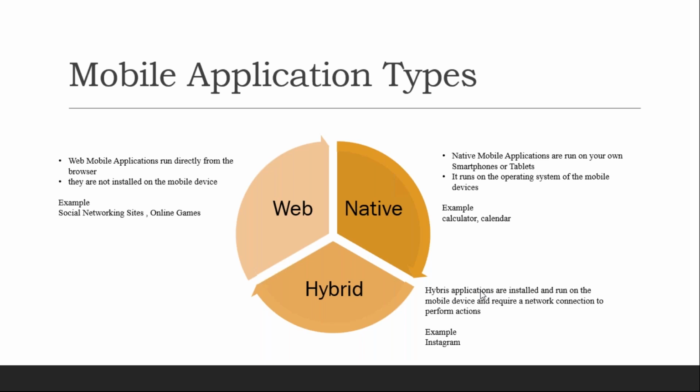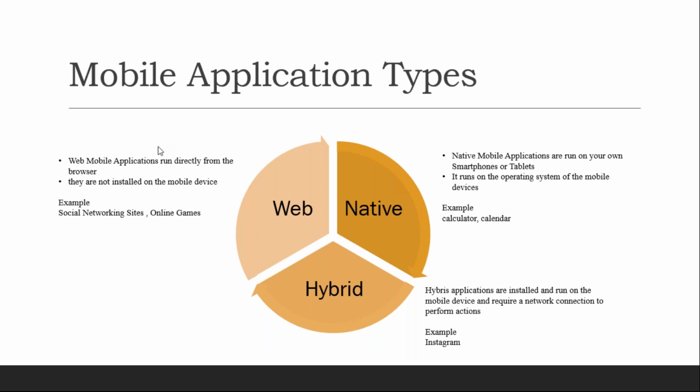So for example, maybe your Instagram application, or even you can say the Facebook application. That is a hybrid version of your application. It is a combination of web as well as the native application. Basically it is utilizing the features of your native behavior and also your web behavior. And then the third one is your